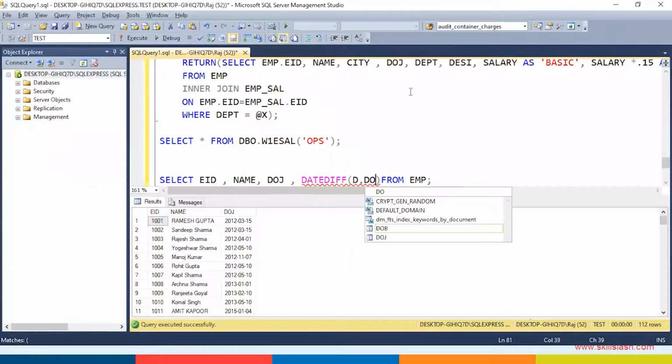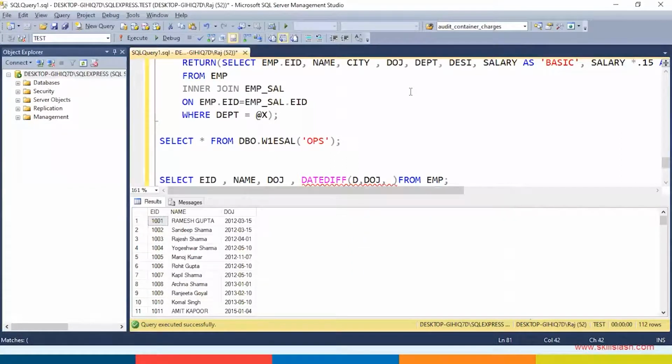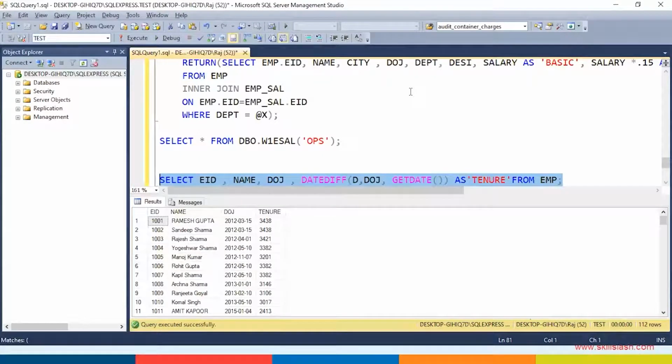The start date is date of joining, and the end date is GETDATE. Here it is. This is the number of days the person is with the company.